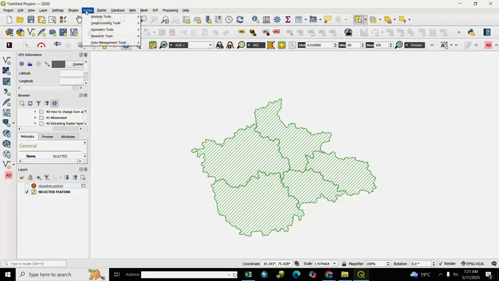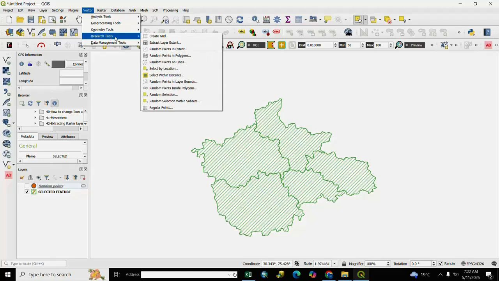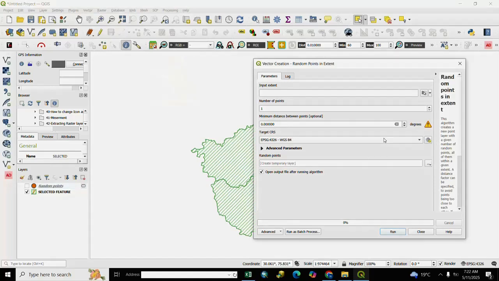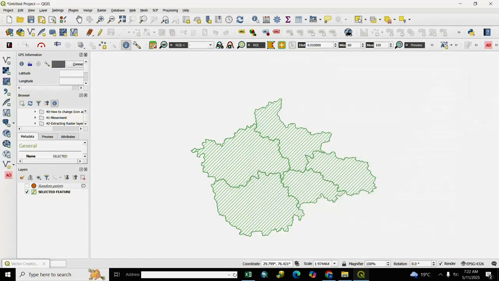You go to vector and we select here research tool, and we select here random points in extent. After it, we go to input extent and we select here draw on map canvas. After selection, we select our area.